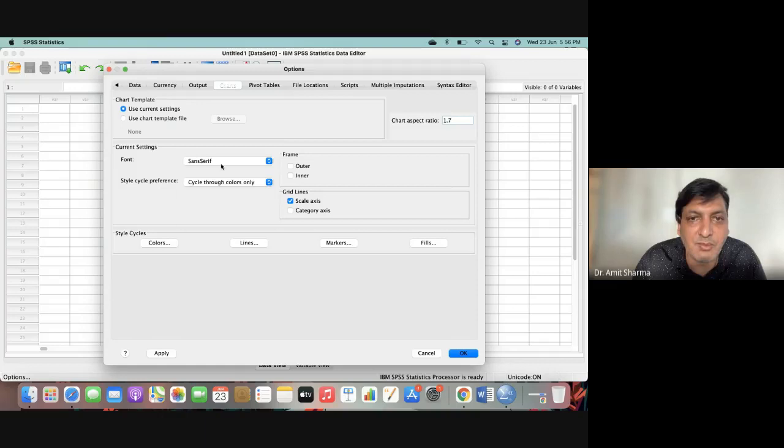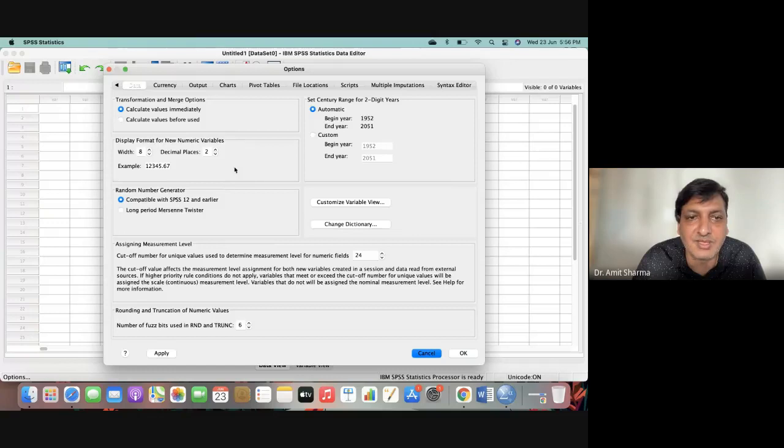You can set the default font style, Times Roman, and click OK, and it will be done. If I apply, then it will be applicable, otherwise it will not. So multiple adjustments you can do while going into the option.